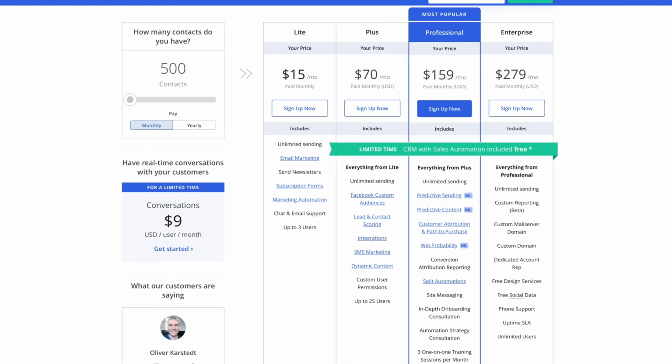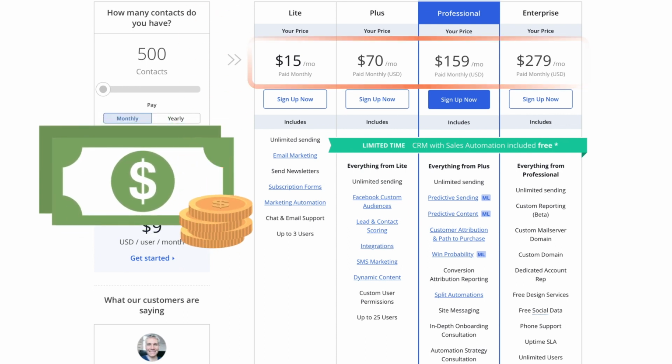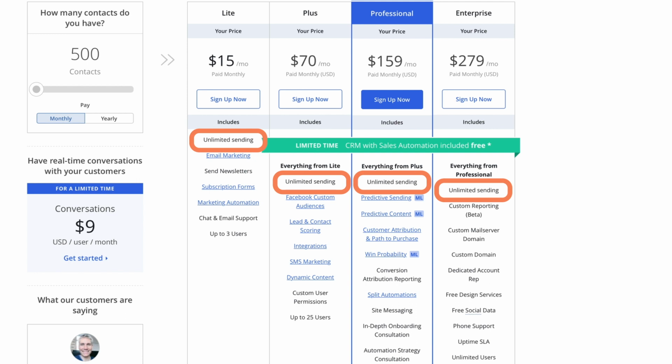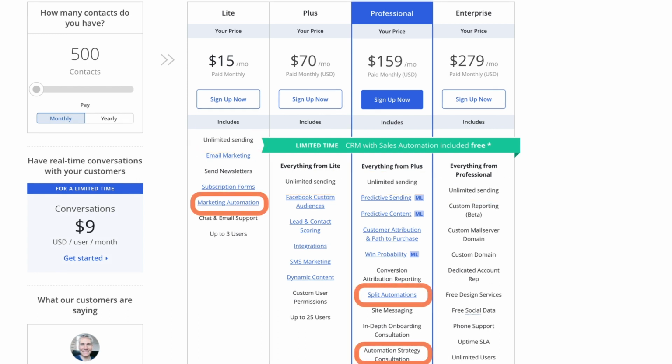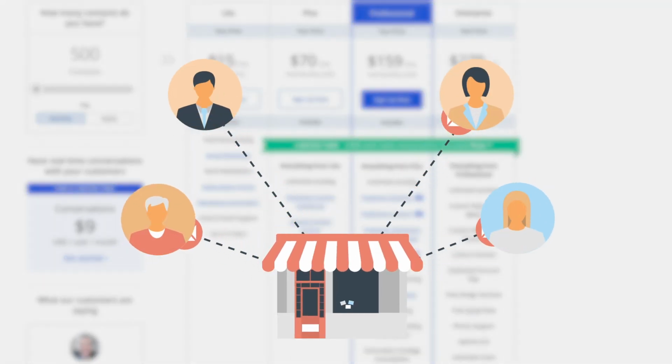But first, let's talk prices. ActiveCampaign isn't the cheapest email marketing tool out there. Even though ActiveCampaign doesn't offer a free tier, unlike some other newsletter services, you do have the bonus of being able to send unlimited emails to your contacts, and you'll get access to the unlimited automation tools. So this could work well if you're a small business that sends out multiple emails a month to its members.